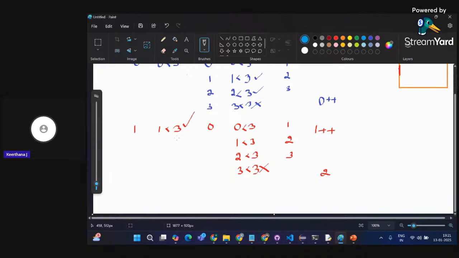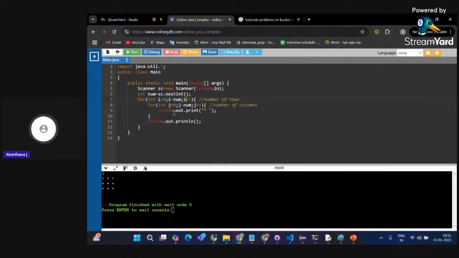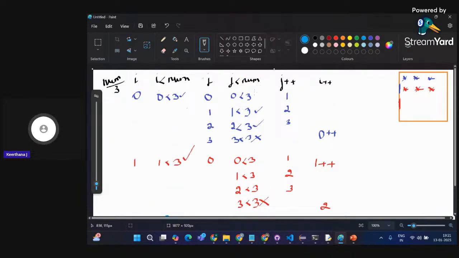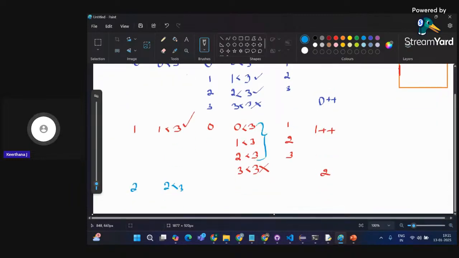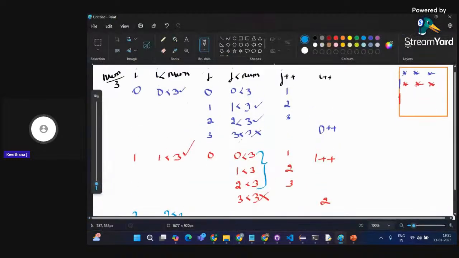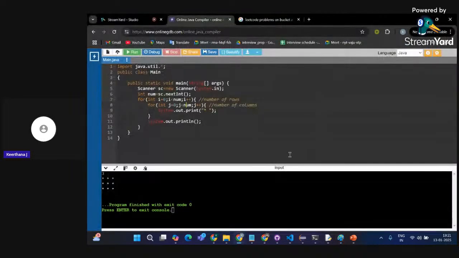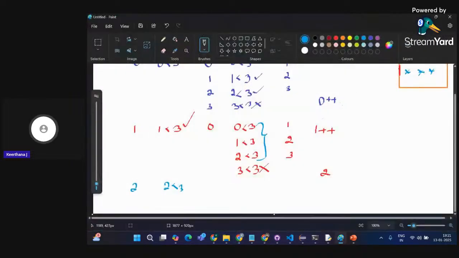So next, it checks if 2 is less than 3, because here we are having this condition, right? After incrementation of the i value, it checks whether 2 is less than 3. Yep, that's true. So again, 3 times this will be getting executed, because from 0 to 3 we have to go. So again, 3 stars will be printed. I hope you're able to follow. And next, the control comes to the next line.